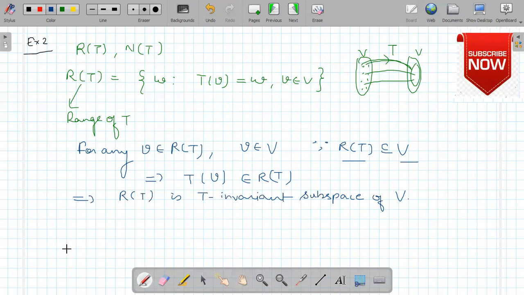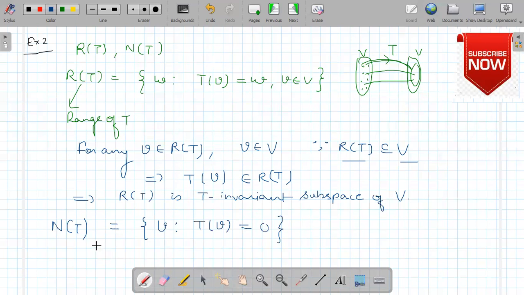Next one is NT. NT is the null space of T. How do we define the null space? Null space is the set which consists of those members which are mapping to the zero vector. Okay, those members of the vector space V which are mapping to the zero vector, जो वेक्टर्स जीरो वेक्टर पर मैप होते हैं, ऐसे वेक्टर्स के कलेक्शन को हम नल स्पेस ऑफ टी कहते हैं।